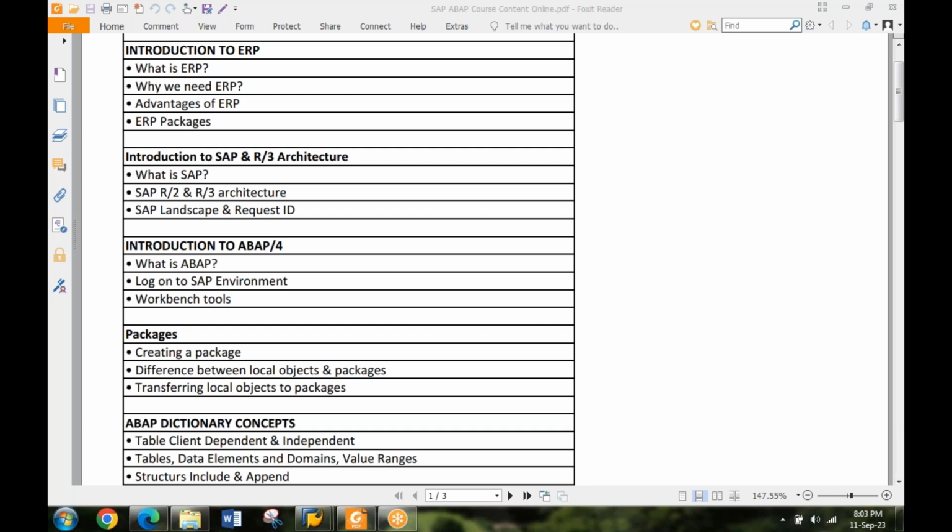You will be defining the validations, right? Whatever data the user is entering, how we can validate that data, how we can process that data, how we can connect our program with the database. Whatever database we have in the backend, it could be SQL Server, Oracle Server, DB2, MySQL. We have multiple databases. So in ABAP, we will be doing a similar kind of thing, right?